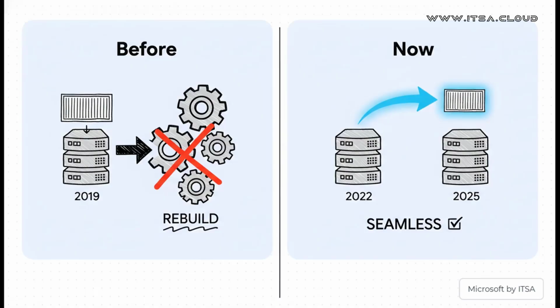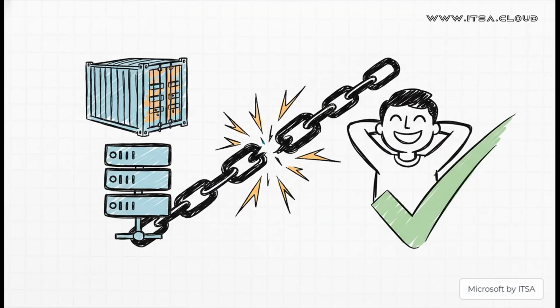But now, with Server 2025, that whole problem is just gone. You can literally take a container image that was built for Server 2022 and just run it seamlessly on a 2025 host. So yeah, that is the crucial point right there. You are no longer chained to this constant cycle of rebuilding your application containers every single time the underlying OS gets an update. This finally decouples your app from the host OS in a way that just wasn't possible before. Think of all the time and effort that's going to save your teams.